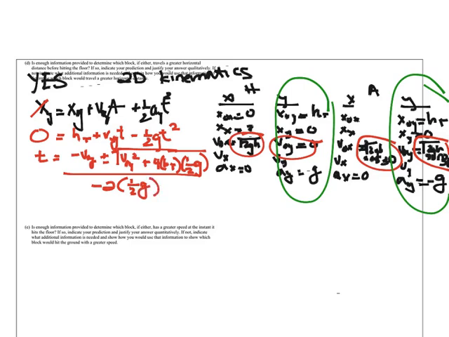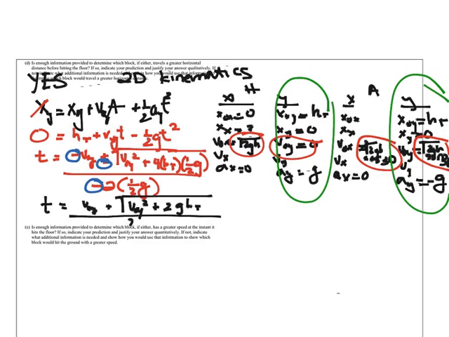Of course, we can only have a positive time, so we're going to select the negative version, because we do have a negative sign in our denominator, and we just end up with t is equal to voy plus square root of voy squared plus 2ght all over g. What we're really trying to compare, though, is xx, so in order to do that, we